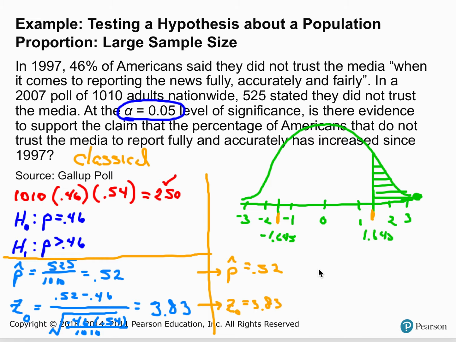Again, because it's right-tailed, I would do 1 minus 0.9998, okay, to find that probability. So that is 0.0002. Look how small a probability it is. So since the p-value is less than your level of significance, we would reject H sub naught and have the same conclusion. There is sufficient evidence to conclude the percent of Americans that do not trust the media has increased